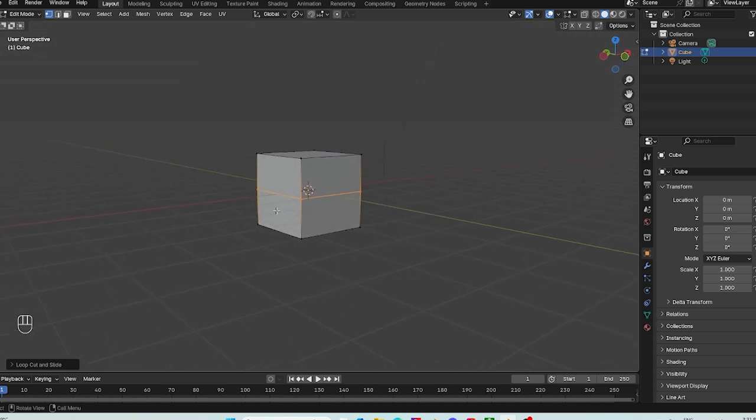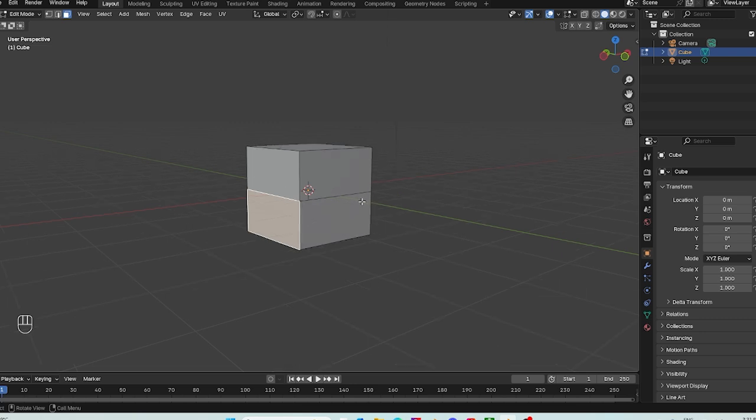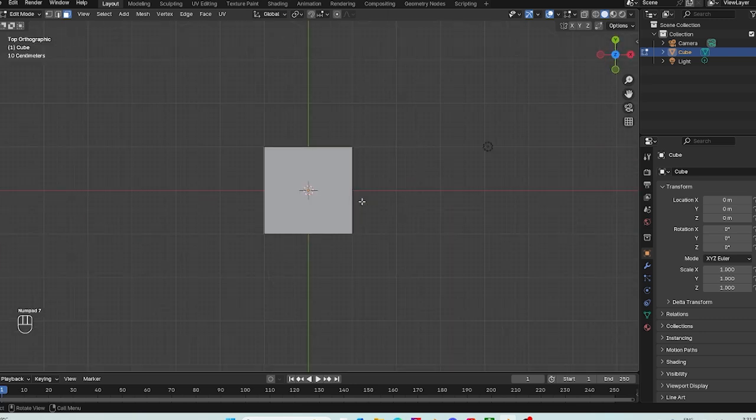So now we're going to hit number 3 on our keyboard. Number 3 will bring us to a face value. If you hit number 1, it brings us to see the vertices, right? The little black dots. Number 2 are the edges. And number 3 are the faces. So we're going to grab number 3, and we're going to go into top view, and now we're just going